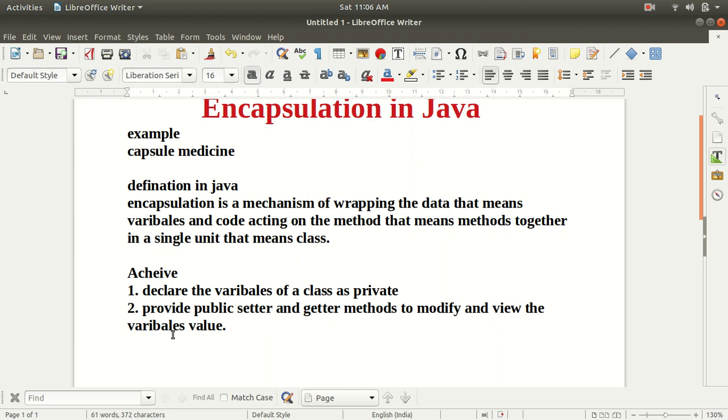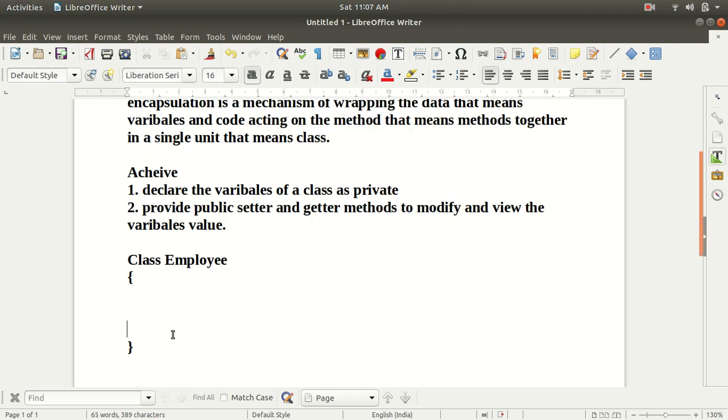And now we are going to see a small example to understand the concept of encapsulation. So let's say that we have a class with the name Employee. To use the encapsulation concept, we have to create a variable and keep it private.